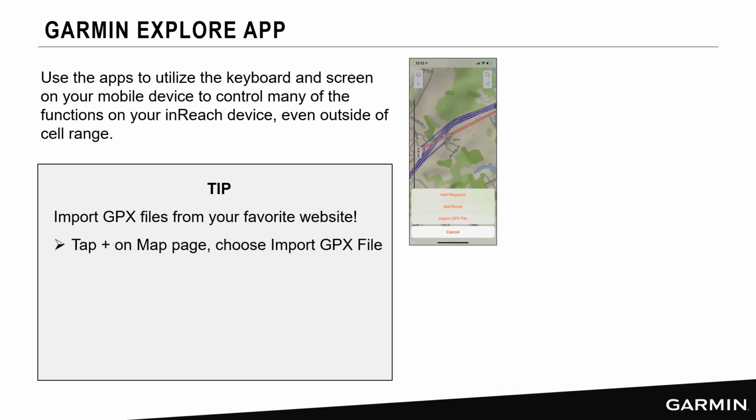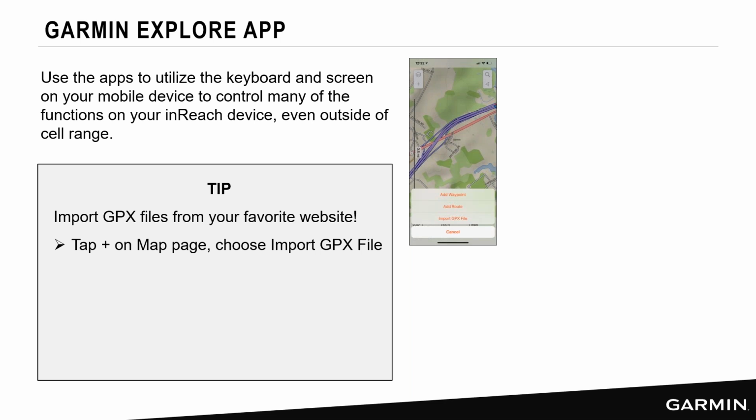Another feature, and this one is very exciting, this is for the Explore app and it's brand new. The team worked really hard on this and we just released it, I want to say a week or two ago: the ability to import a GPX file. So this is now in there. This was the number one feature that everyone was asking for around the planning capability of the system. They wanted to be able to bring GPX data in from third-party sources. So crowdsourced data on a hiking website or a mountain biking website, or data that you exported from your other